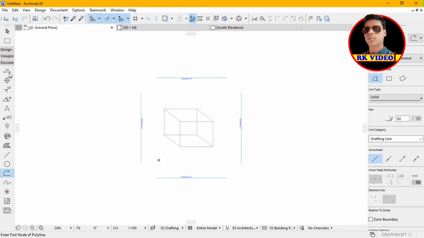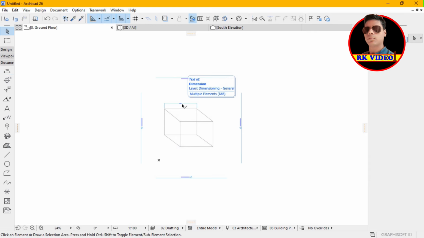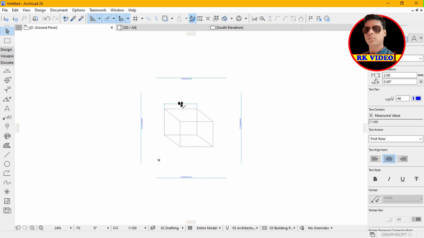So what we have to do is take the dimension tool and here put the second point and right click, okay, and here get the dimension. Also I have to increase the font size of the dimension. So here I put 5,